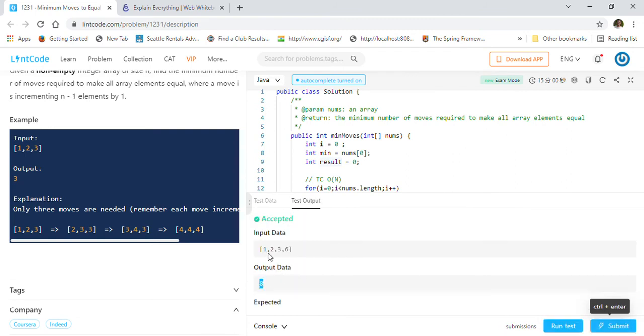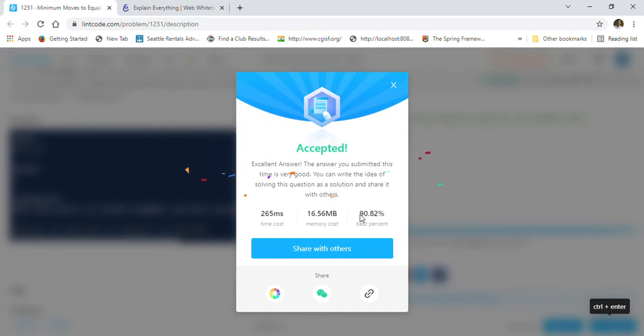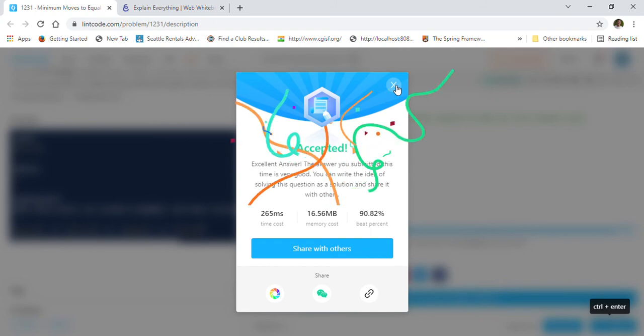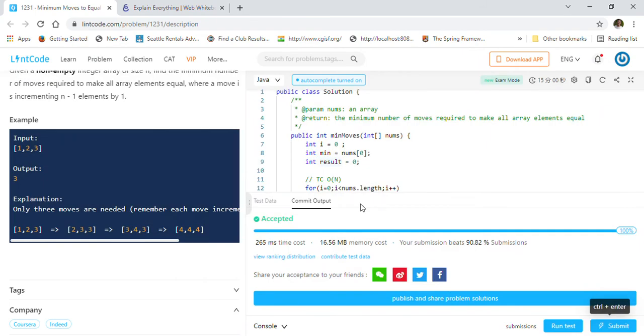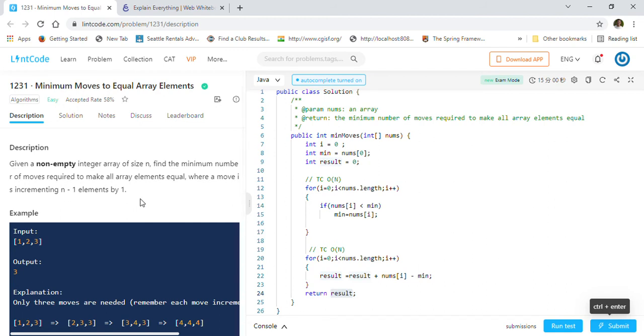So it's got accepted. We tried a couple of examples and it's working fine, so we'll just submit this solution. So we got 90.82% faster than the other submissions, which is pretty good. So this is how we can solve the minimum moves to equal array elements problem.